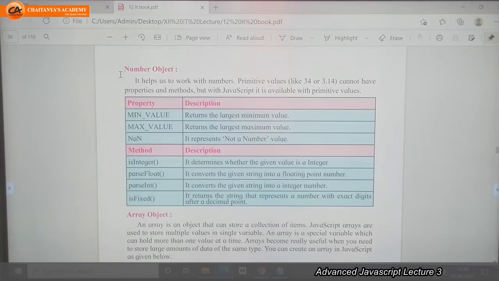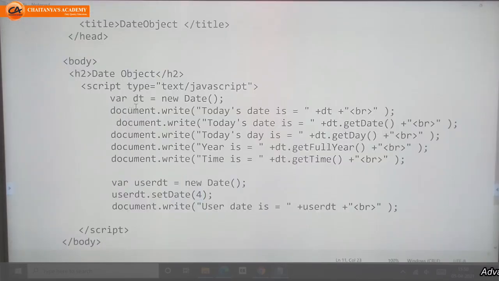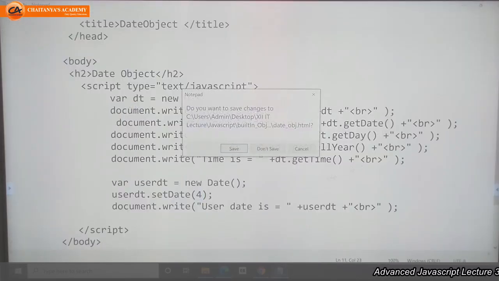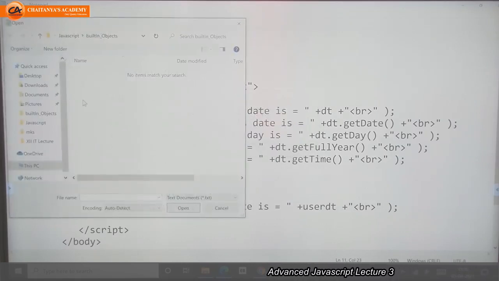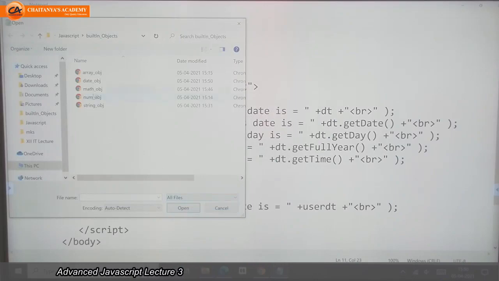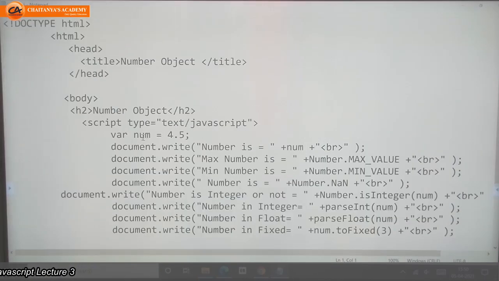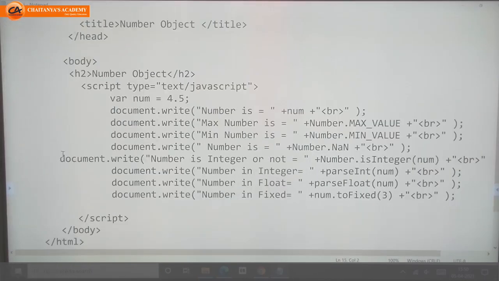Next object is number object. Number objects have some properties and methods related with number. So for that, we will go directly with an example.